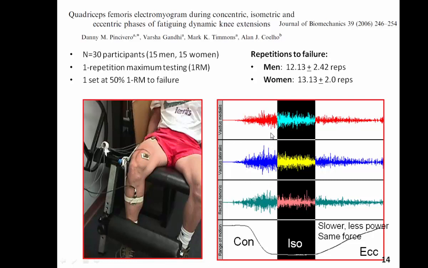big burst of electrical activity coming from the superficial portions of the muscle. That activity has to be present because it requires muscle force to hold the leg in the fully extended position for about 2 seconds. And what we see here is a drastic reduction in the amplitude of those EMG signals, of those action potentials, despite the fact that the force applied to the leg was the same as it was